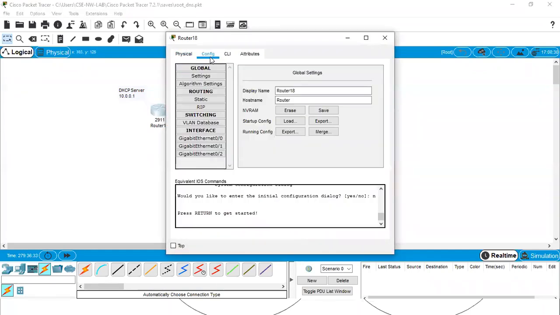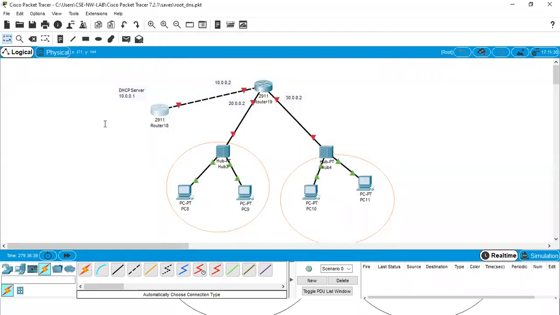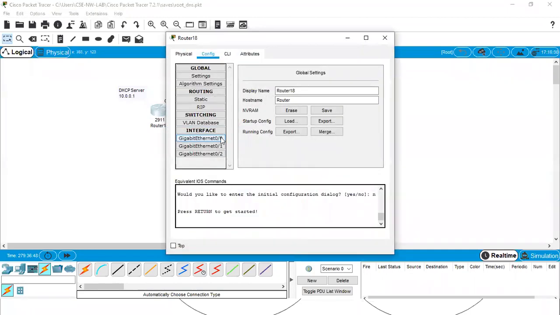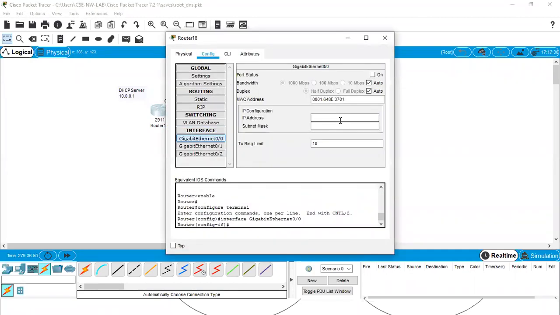So click on the router config. So first check which link it is. It is gig 0/0. Click on.